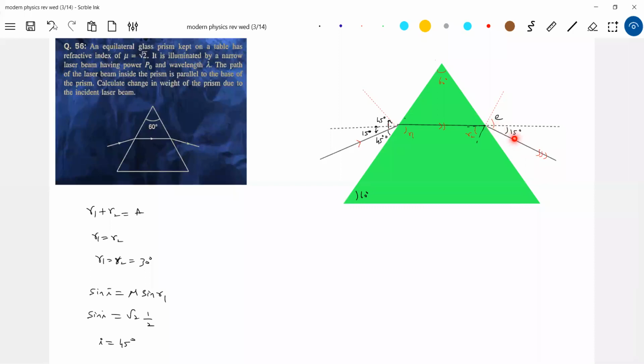So now you look at along the x-axis, there won't be any force on the prism because it's being ejected. It will exert a force. Here it is being absorbed. It will exert a force like this. And net in the y direction, there will be a force on the prism. So how to calculate that one?